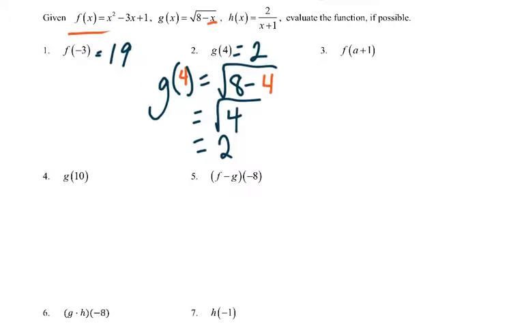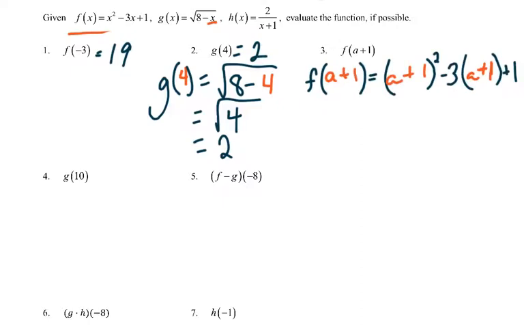This third one is a little different. We're evaluating f of a plus 1. So what I'm doing is I'm replacing each of the x's in my function f of x with a plus 1s. And I'm going to evaluate the right-hand side of this function and simplify it down as much as possible. So that means I'm going to need to expand and apply the squaring of this binomial. Then I'm going to need to combine like terms